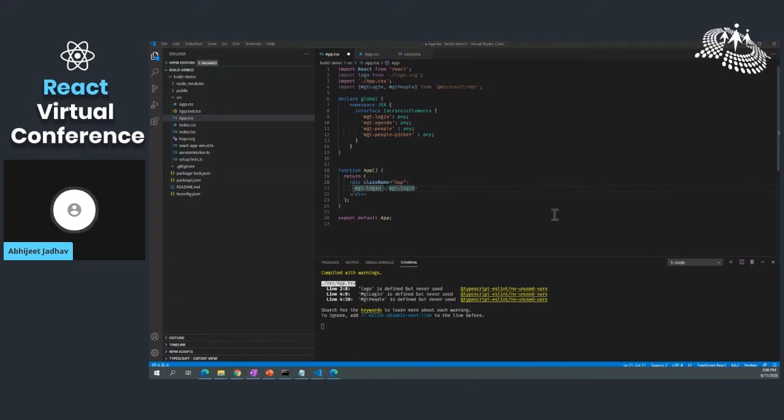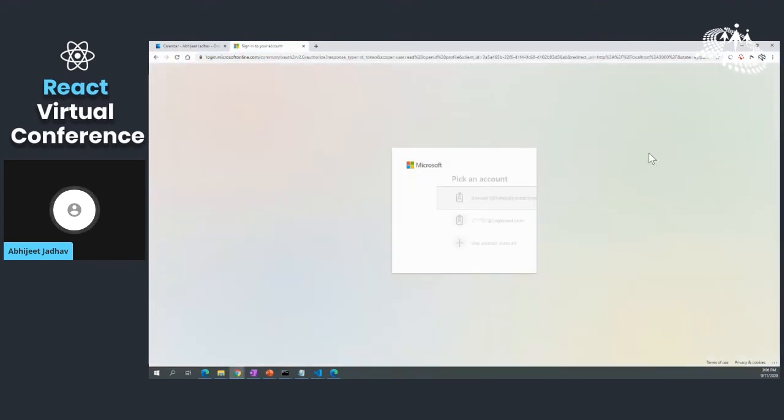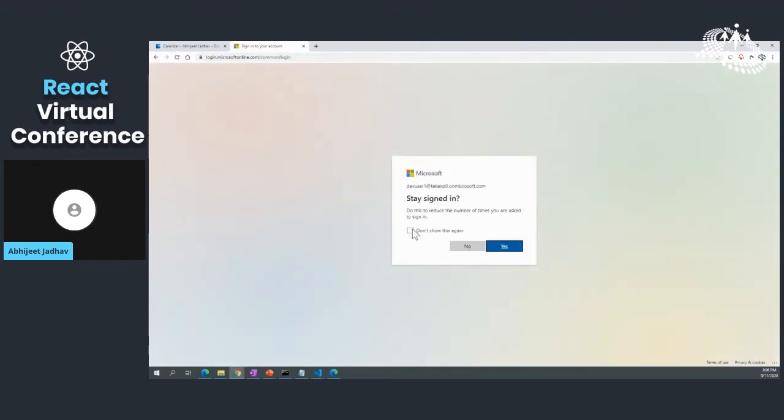And now I'll go ahead and sign in. Okay. Because I have not specified any client scope, I have just given the client ID, and we have the complete authentication mechanism ready. Okay, so you're here, and now I'm able to log in.